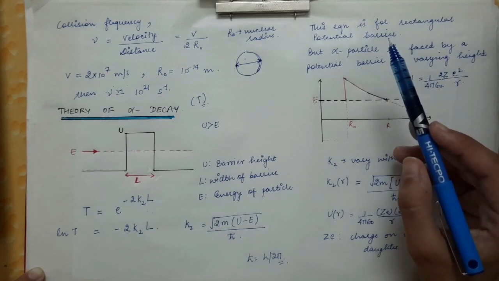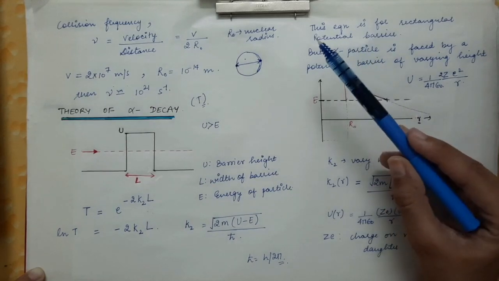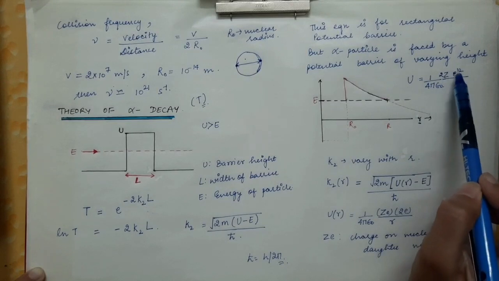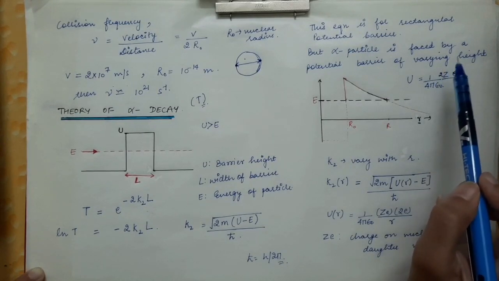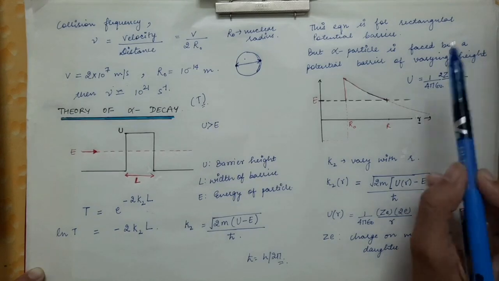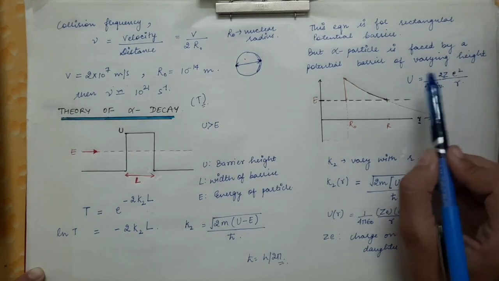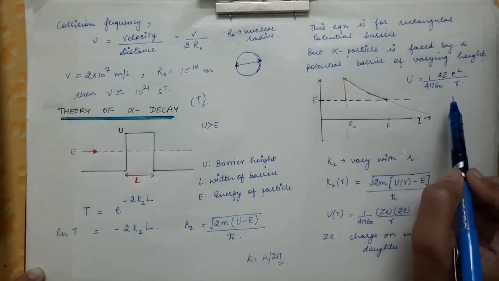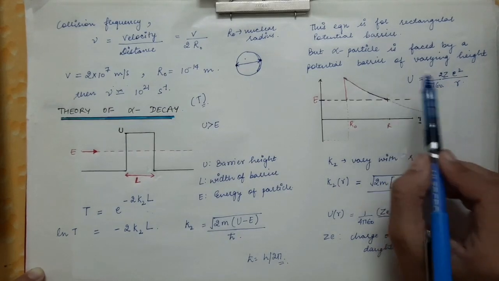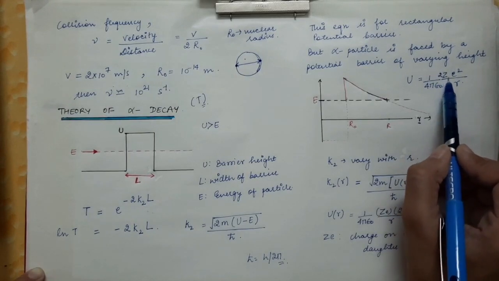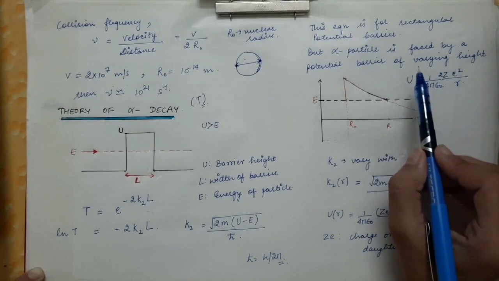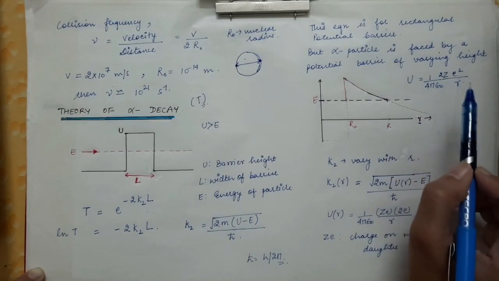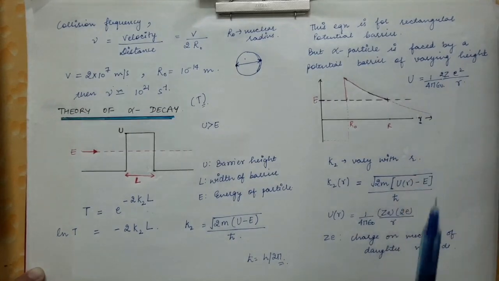So in the previous equation of potential energy, where we used Z minus 2, you have to write Z as the proton number of the parent nuclei, and here we have simply replaced Z minus 2 with Z. So Z will be the proton number of the daughter nuclei. The formula is the same, we have just changed the variable. There Z was the proton number in the parent nuclei, here Z is the proton number in the daughter nuclei. So the formula will remain the same.